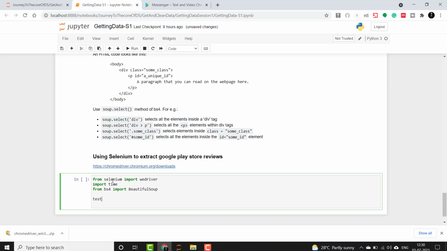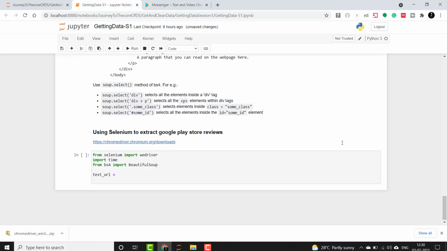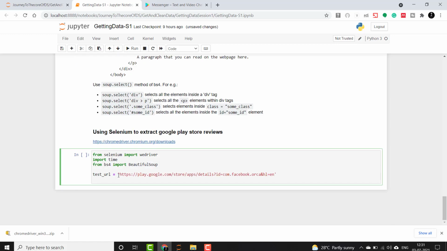Now I will have the test URL, which in our case is the URL of Google Play Store where the Facebook Messenger app is present.